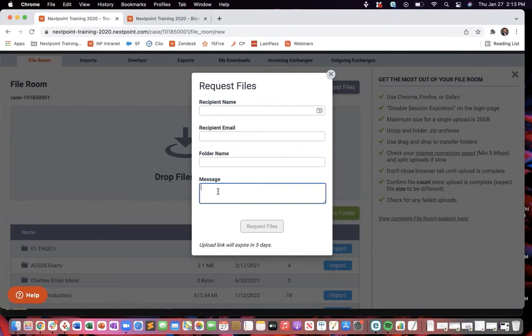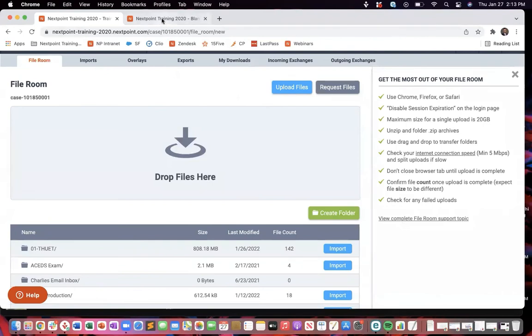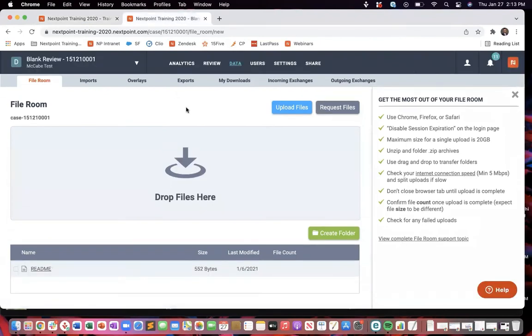So maybe like client name Dropbox or something like that. And then type in a nice little message to them so that they know that this isn't a phishing scam, saying something along the lines of, per our conversation, could you please drop those desired documents into this link. When you hit request files, it will give them 5 days to access an encrypted link that's sent to their email address, and once they confirm their identity, it will take them to